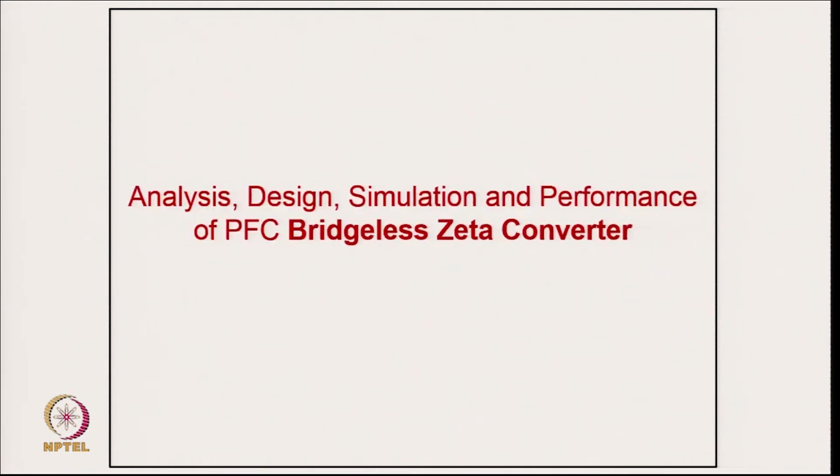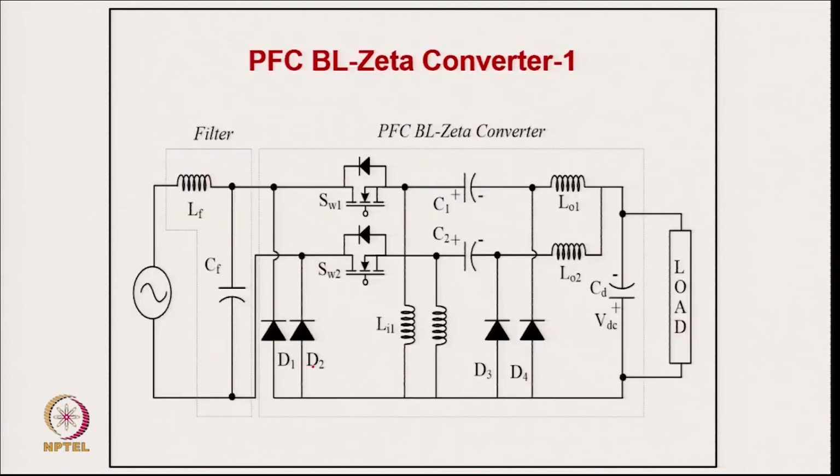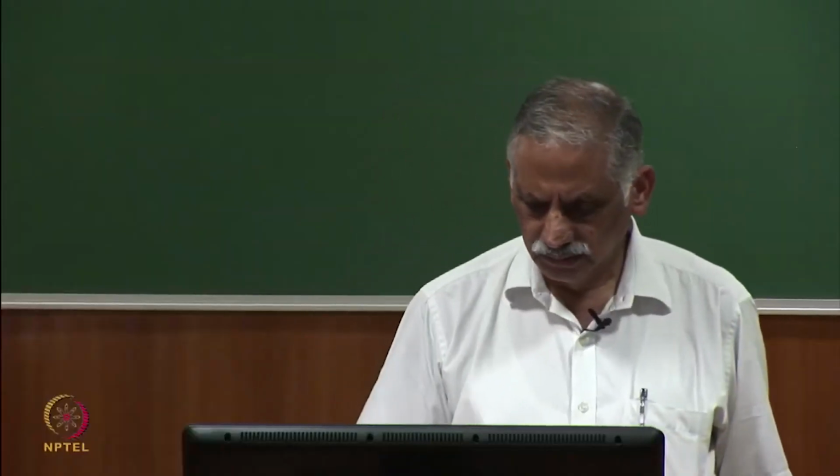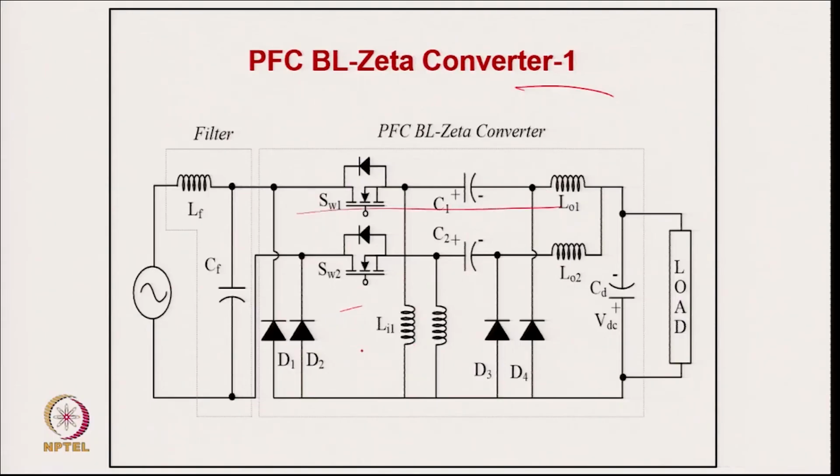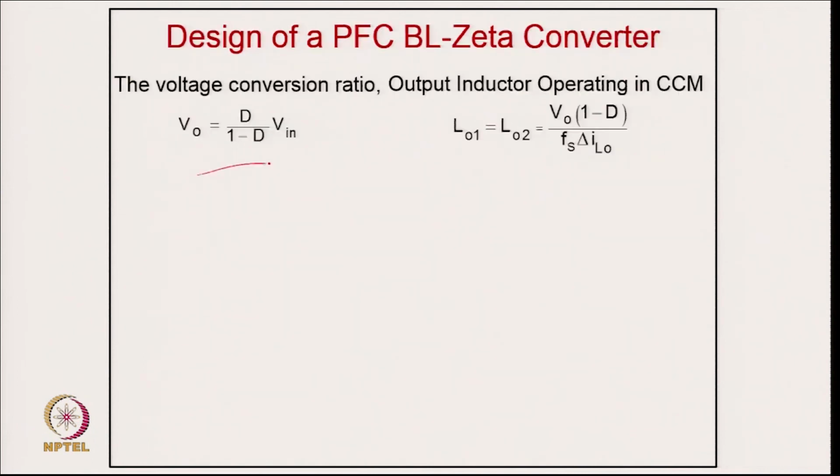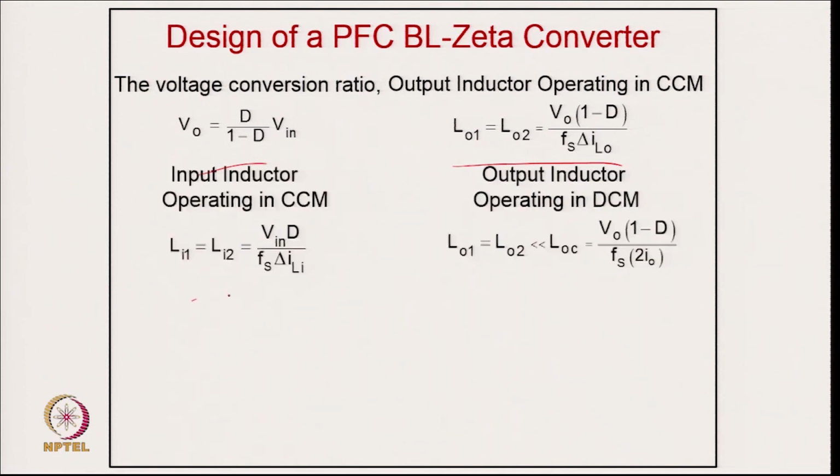So, coming to the analysis, design and simulation performance of the power factor correction bridgeless Zeta converter. Coming to the Zeta converter, this is the first topology for positive half cycle and negative half cycle, that is the bridgeless version, no diode bridge is there. So, this is the output voltage, and this is the output inductor for continuous conduction, this is the input inductor design